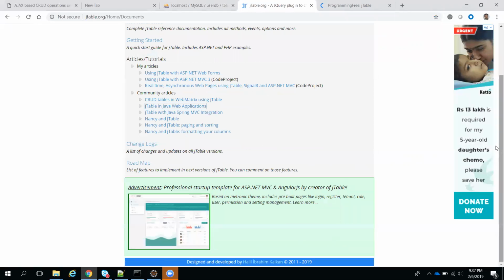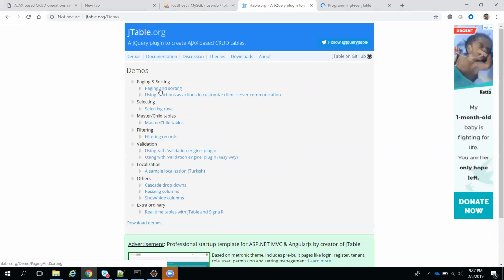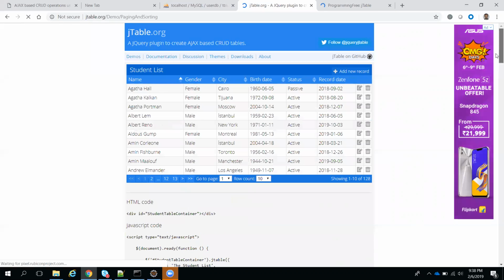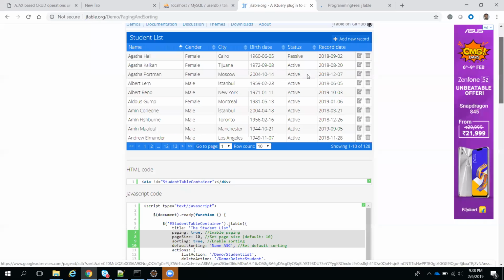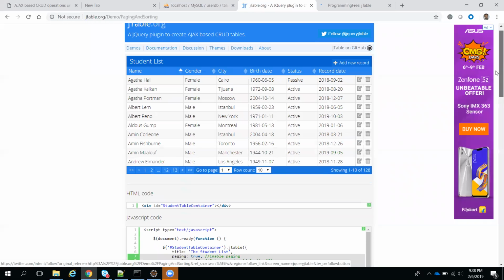I want to show you these configuration examples. Actually, there is a getting started section. Here in getting started, see pagination and sorting, using functions, selecting rows, and filtering records. These are the different options and validations. Suppose you want to implement pagination and sorting, clicking on that, what do we need to do? See, this is the output we are getting here in blue color, right? There are themes also, and you can choose the themes. This is the blue color theme. At present I'm showing a red color theme.